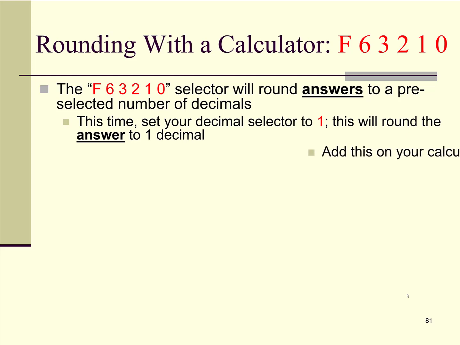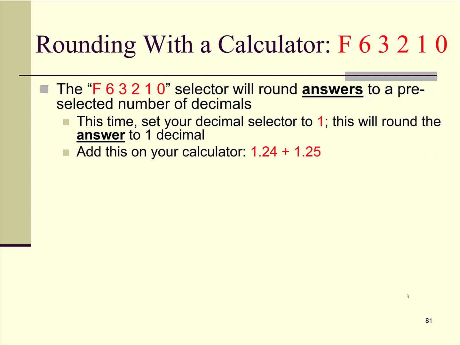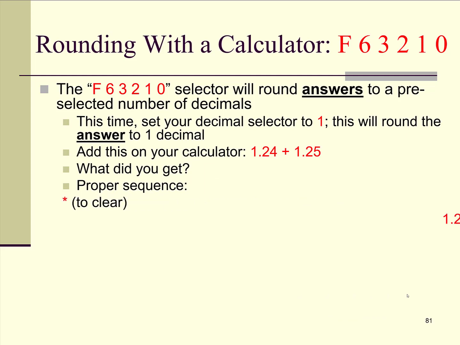So go ahead and do the same problem again. Add 1.24 plus 1.25. And what did you get? Not the same answer as before. So the proper sequence is asterisk, 1.24 plus